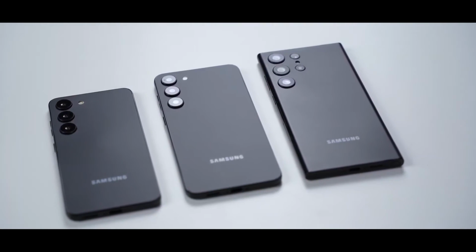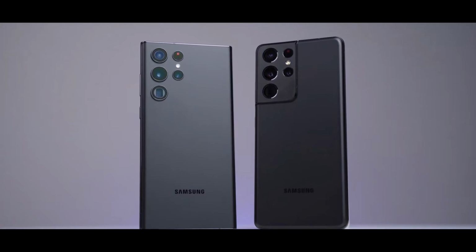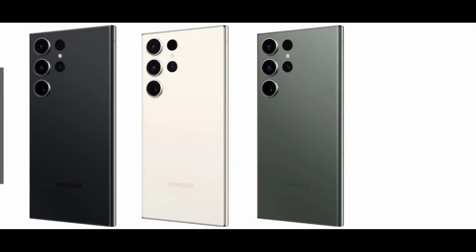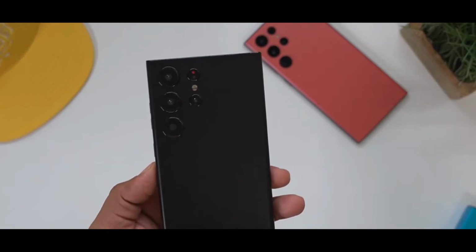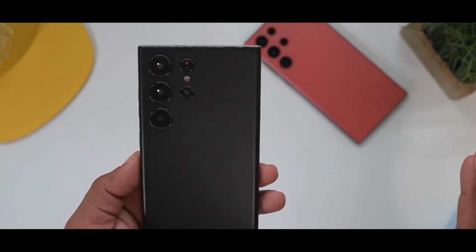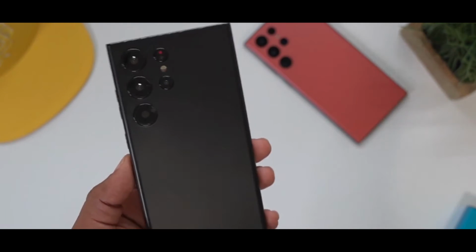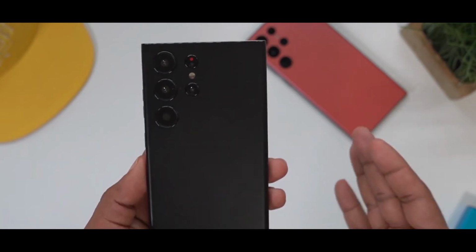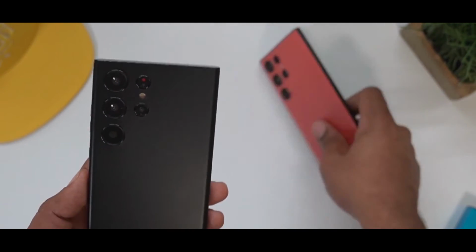Camera. The camera system on the S23 Ultra is expected to be one of the best on the market. The phone is rumored to have a quad camera setup on the back, with a 200MP main sensor, a 12MP ultra-wide sensor, a 64MP telephoto sensor, and a 3D time-of-flight sensor. It's also expected to have 8K video recording capabilities, as well as advanced features like optical zoom and optical image